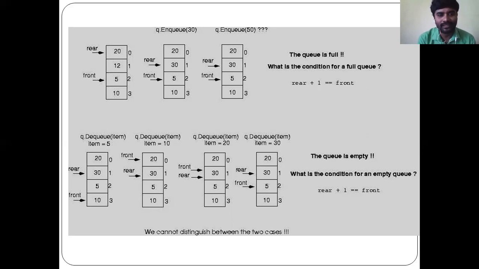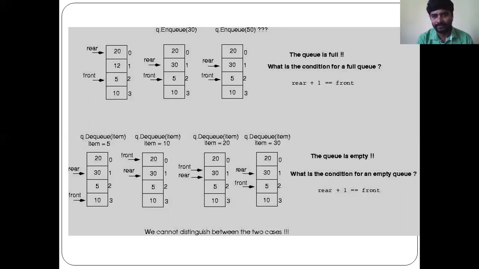Now dequeue item 5, we have to add. So rear location is 2. Dequeue item, I want to add 10, so that location is 3. So rear condition equals front, and rear is at location 0 and 1. Dequeue item is 20, so after that front and rear are showing location 1, and dequeue item is 30 again. Rear is showing 30 at location 1, and front is at location 2.